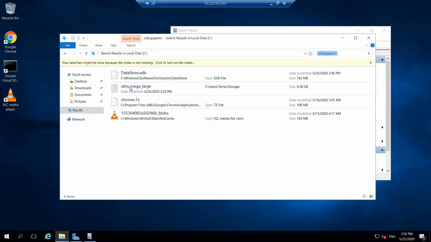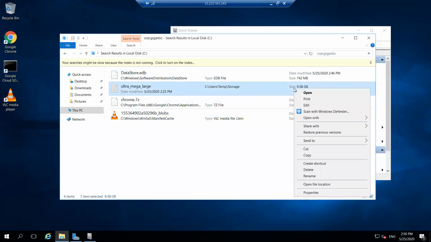So this is our file, ultra mega large. Just to know how it works, it's not necessary that the file name would always be ultra mega large or something like that.